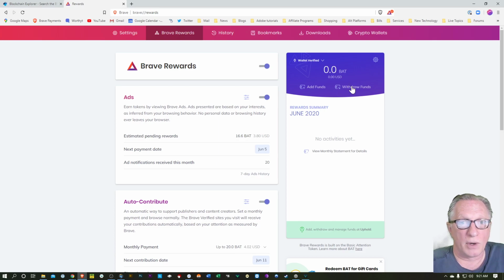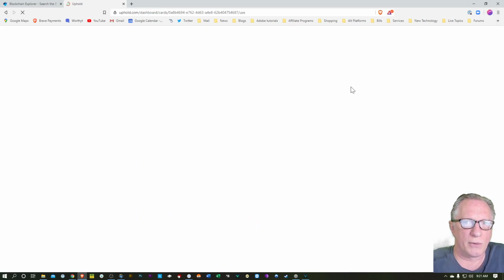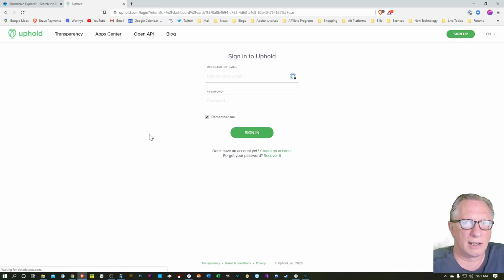And if I want to withdraw the BAT from my wallet, then it will launch my Uphold wallet. And from my Uphold wallet, then I can transfer the BAT wherever I want, right? I could send it to an exchange, sell it, transfer it to one of my own wallets. BAT is an ERC20 token. You can store it in an Ethereum-based wallet.